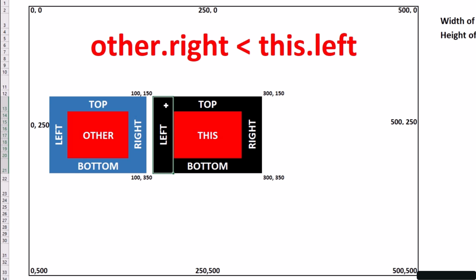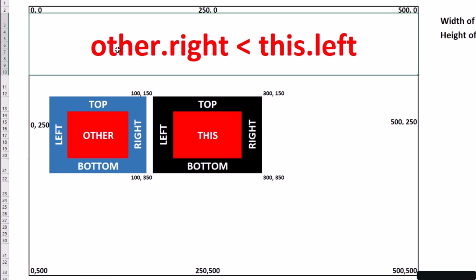And it is, because you can see left is at 100, 150. Whatever right is at, we don't know exactly, but it's clearly less than that position on the x-axis. It's probably like 90 or 95 or something. This corner right here would be something like 90. So it's to the left of this. So in that case, we do not have an intersection, right? We do not have an intersection when this red text is true.